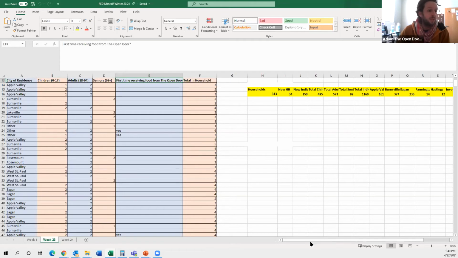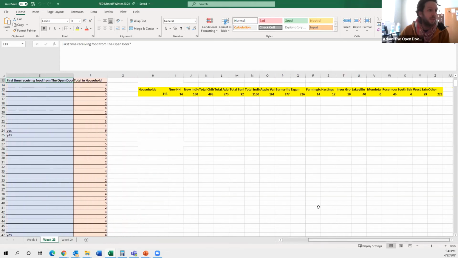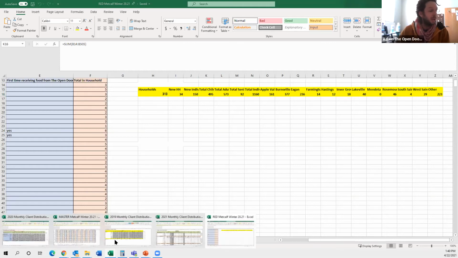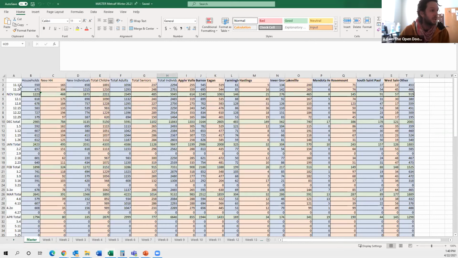Then all the information is tabulated over here in this area where we get our new households per tablet, per distribution, our new individuals, the total children, adults, and so on, and then each city. Then we put it into our master sheet, which tells us how many households per distribution, because like I said, we use up to four different tablets for this to work. How many households per distribution, how many new households, how many new individuals,